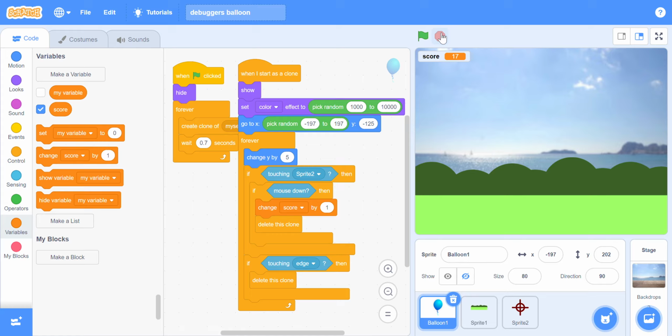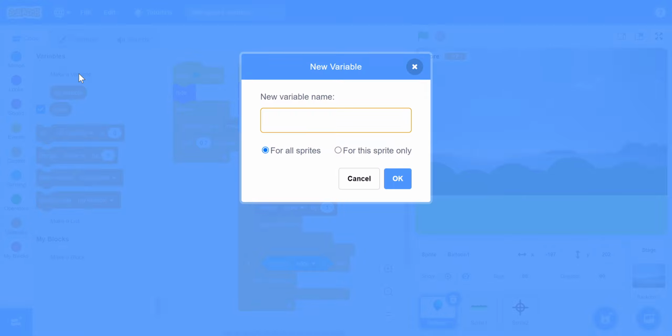But we're going to use that one, the other one. So if touching edge, it should what? It should reduce a value. That is the game over value. Make another variable. We're going to call it live. We're going to have a live. So if the live,